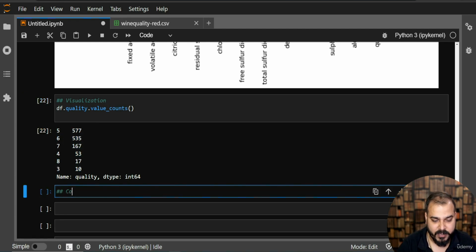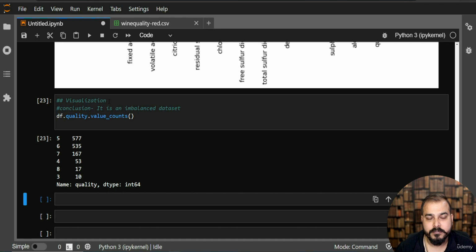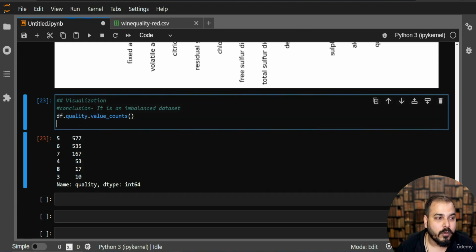So what conclusion are you making over here? I can basically write the conclusion over here also. The conclusion is that it is an imbalanced data set, right? Here you are able to see this, because the number of categories is not at all equal with respect to all the output categories, right? So what you can do is, if you want to check it out with the help of matplotlib plot,